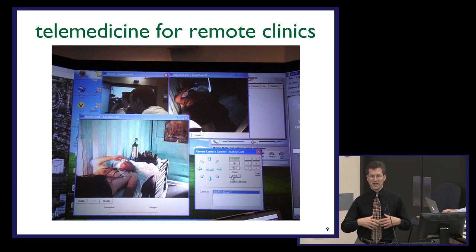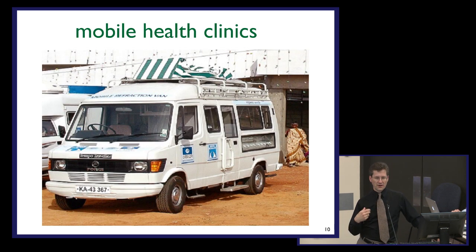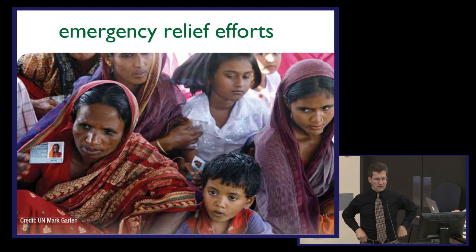They couldn't possibly train or hire enough skilled physicians to put in every clinic, so they do that through telemedicine. Another form of this is a mobile clinic. If you can't afford, for whatever reason, to set up a clinic in every village, then maybe you can make a clinic on wheels. This is one example. Actually, Aravind does this and many other organizations as well. And of course, there are times when the health situation is a sudden and large-scale event, a hurricane or an earthquake or something like that, and you need to move in a lot of expertise and technology very quickly, and mobile health can help with that.